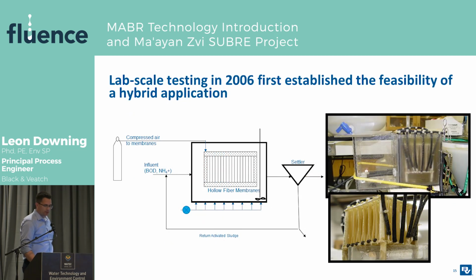So lab scale testing really began with this in 2006. This is at the University of Notre Dame in the US. And so we looked at taking, just on a bench, everything starts very small, and we put these membrane cartridges inside of an activated sludge tank. And what we saw was that you can load these systems at a higher rate. You get a much thinner biofilm, and you're able to manage that biofilm thickness while getting denitrification in a very